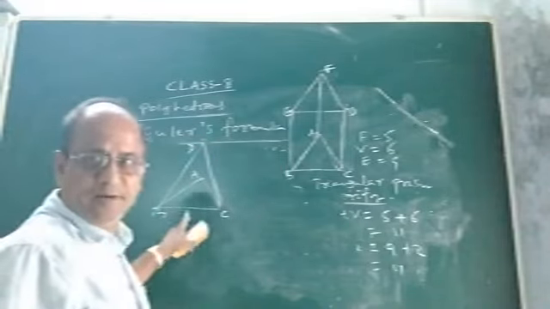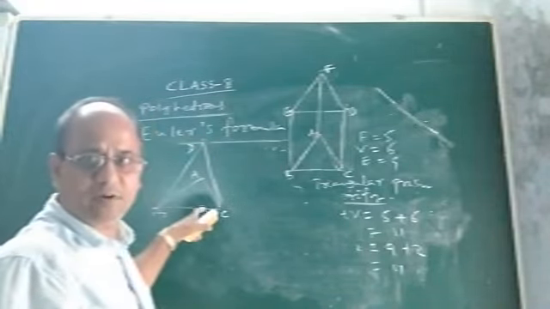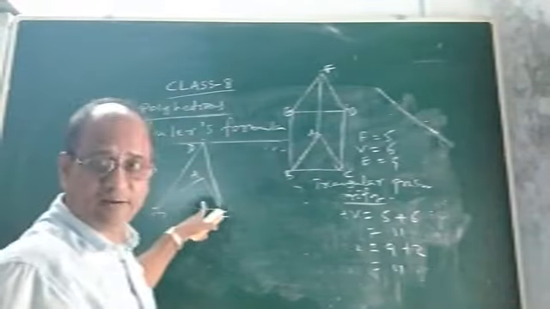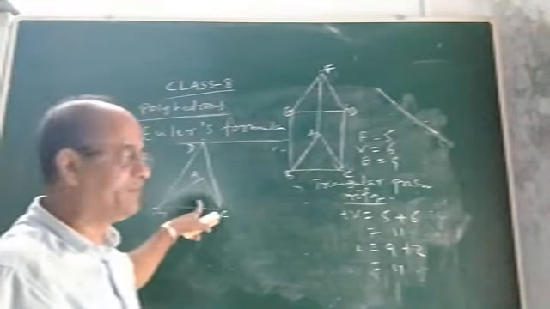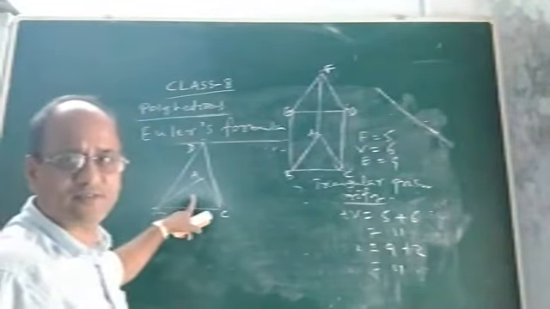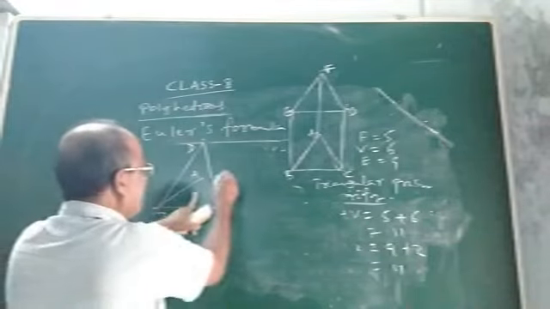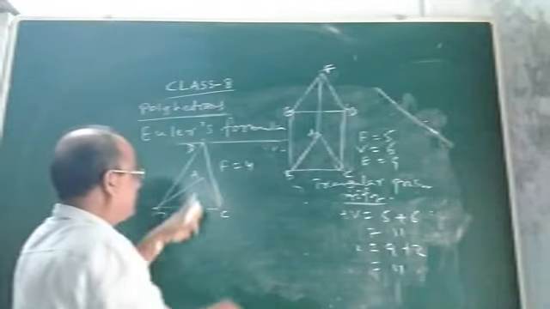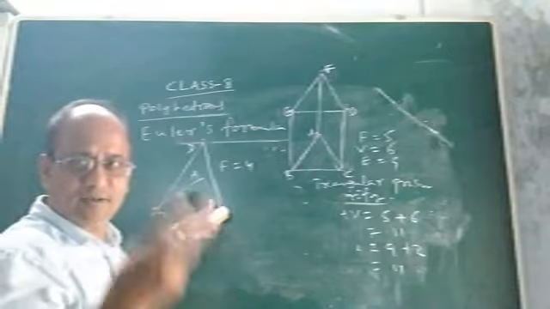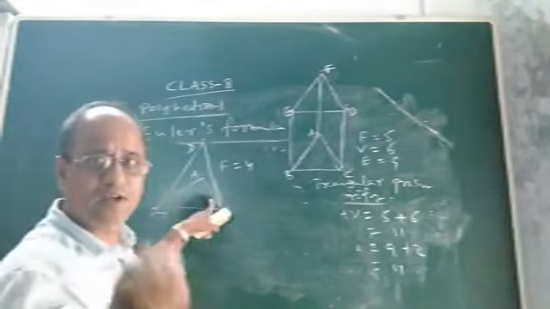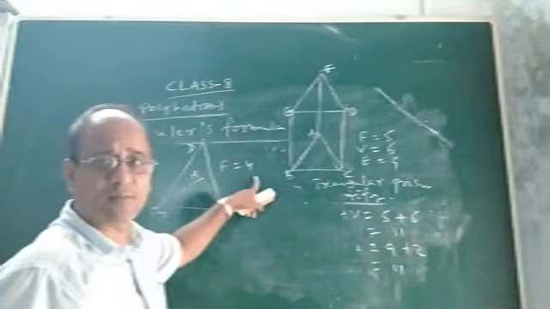This is a triangular pyramid, because here the base is a triangle, so it is a triangular pyramid. Now if I ask you how many faces does this triangular pyramid have, you can easily say. There are 3 sides, look at the base. The base is a polygon having 3 sides, so 3 plus 1 is 4, that means the number of faces will be 4.